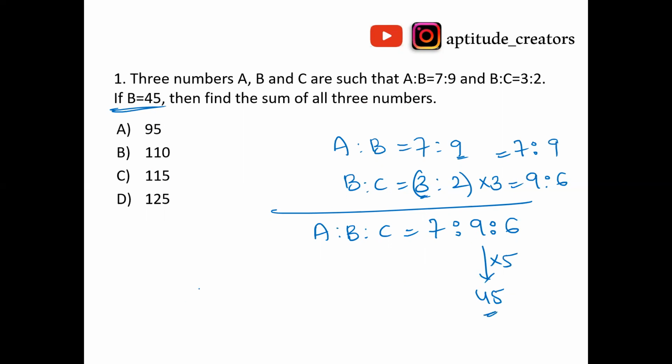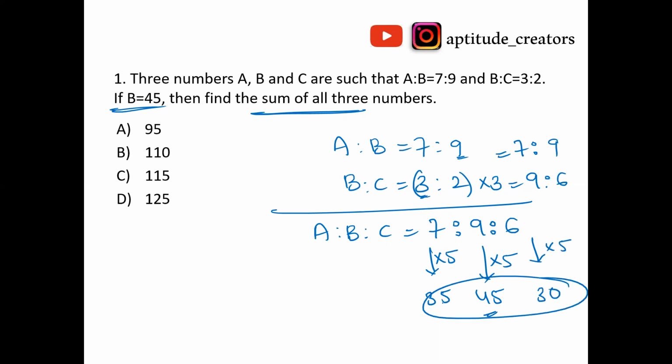9 into 5 is equal to 45. Now, what is the question? He is asking for the sum of all three numbers. How can I calculate the sum of all three numbers? If I do 7 into 5 is equal to 35, 6 into 5 is equal to 30, and then add all the numbers,